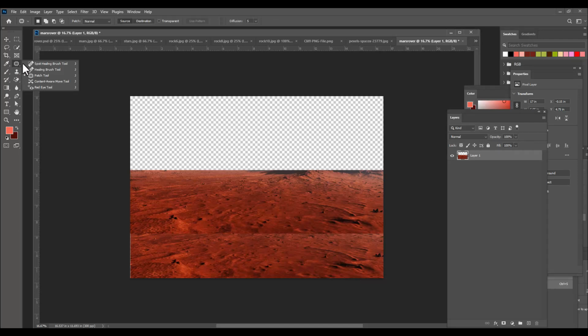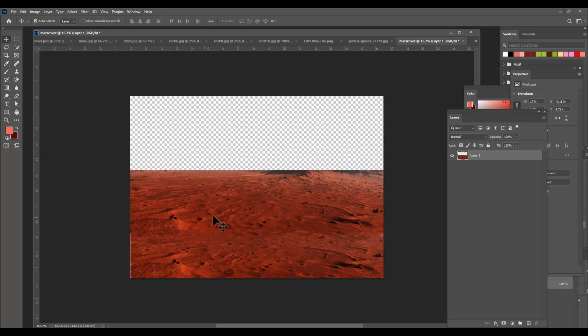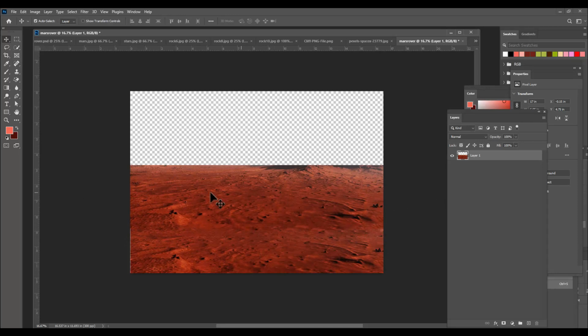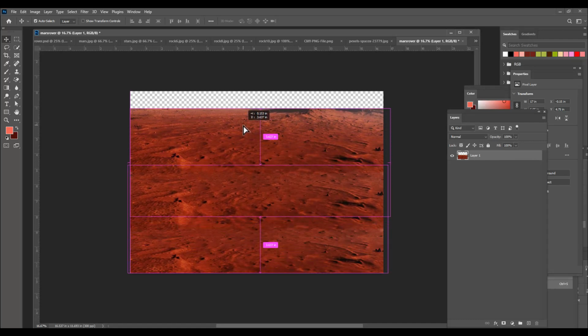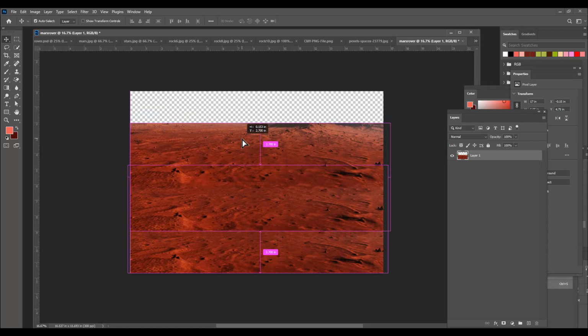and we will also use the spot healing brush to remove this seam so that there is a perfect mixing or blending of two images. And now here we have a ground, the land of Mars, and we can also take one more duplicate. Just will keep this duplicate over here. Just we can keep it till here,